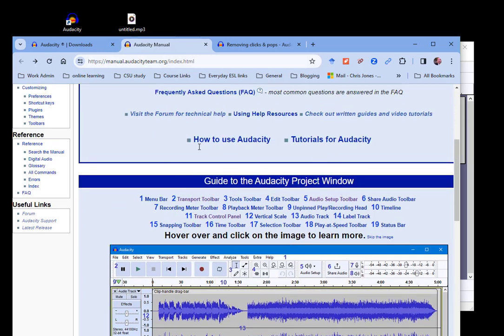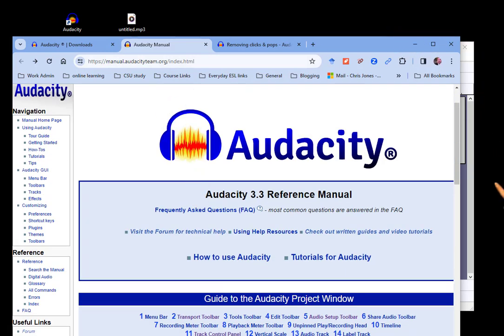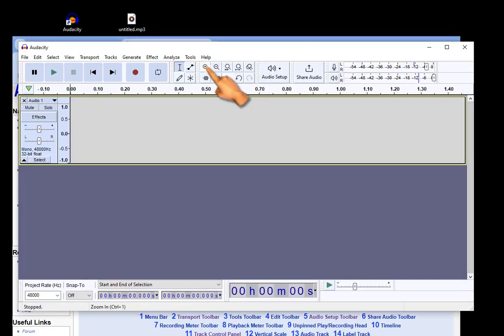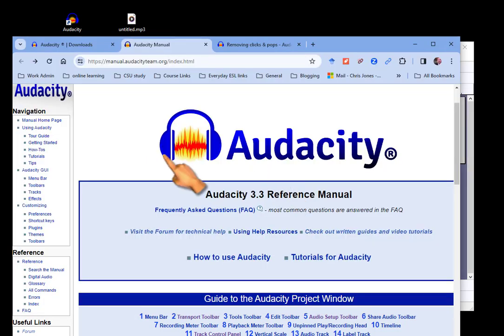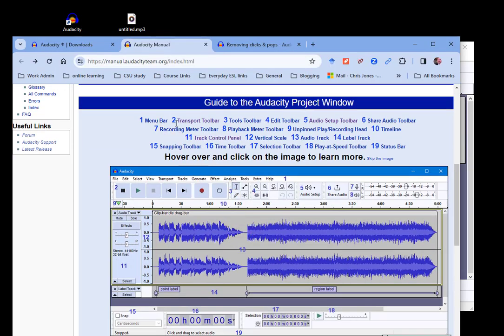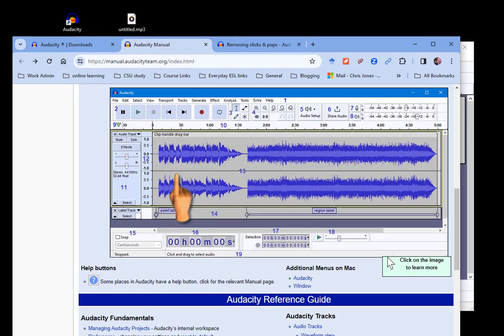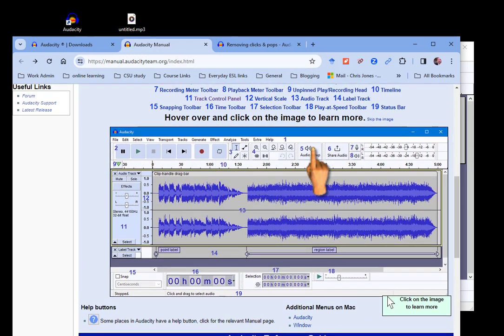There's a wonderful manual online which you can access if you download and install the software. If you go to Help and then click on Manual, it will take you to the internet where you can then find out anything you want to know about Audacity. So, for example, there's a visual